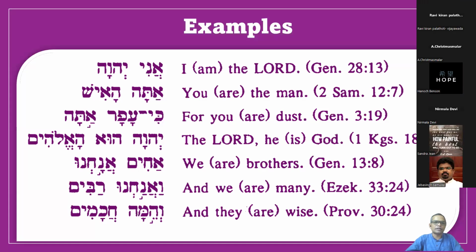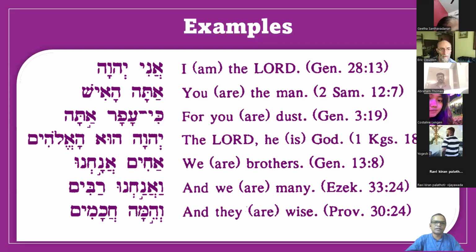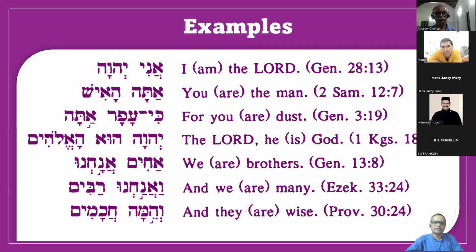Vehema, Hekami. Okay. Meaning, and they are wise. So is it like Greek in which ego, Amy, like, Amy is enough to say I am, but they will add ego also. It becomes. Yeah. In Hebrew, especially these independent personal pronouns are more powerful.